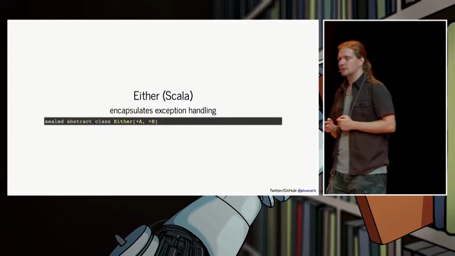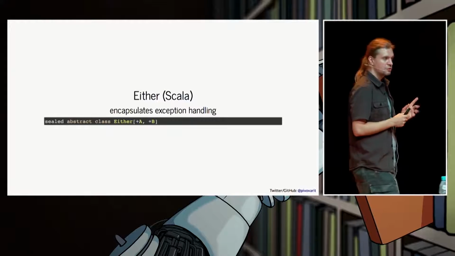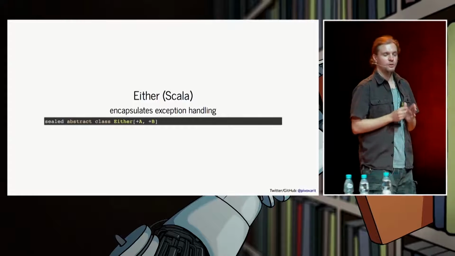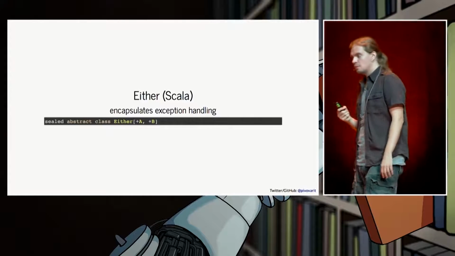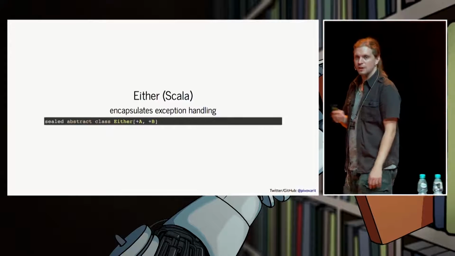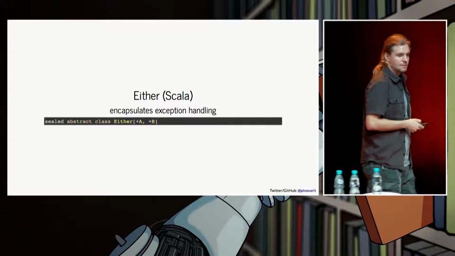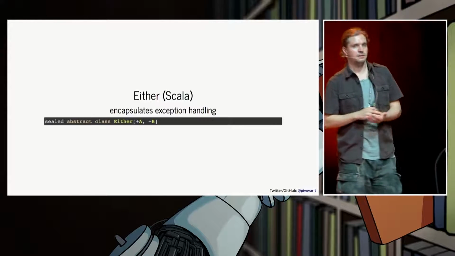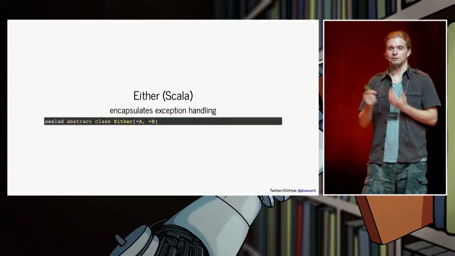It's just a tool that can hold one of two types, but only one. Not zero, not two, always one. And this is very convenient, because now we don't need to involve exceptions. We can write our custom error objects and return them from methods. And the API is designed in such a way that it's very easy to juggle between those two values.